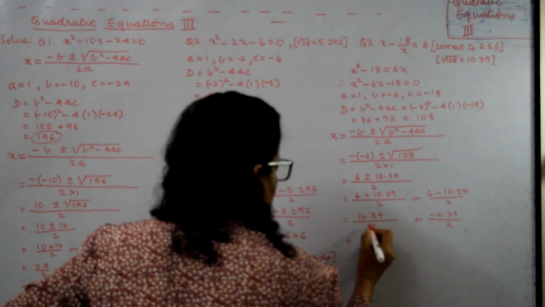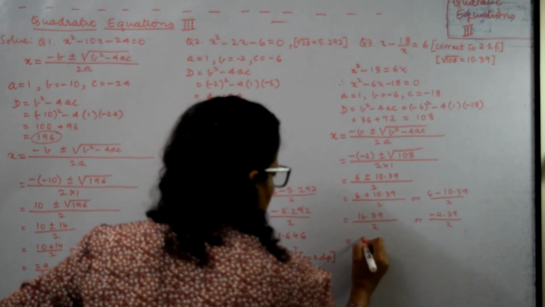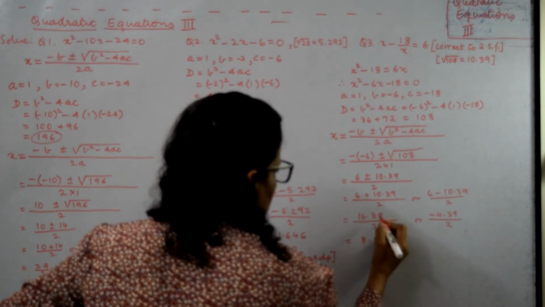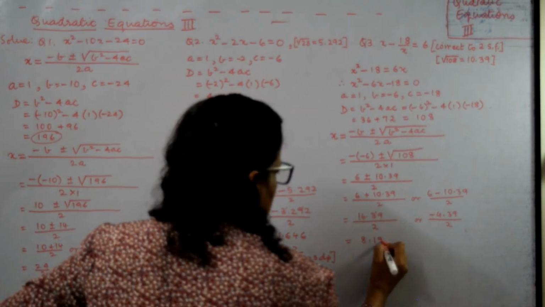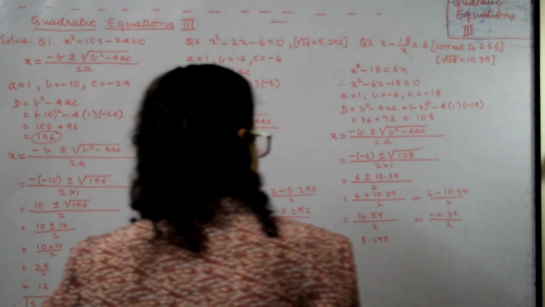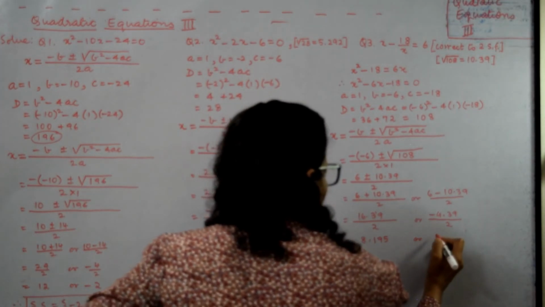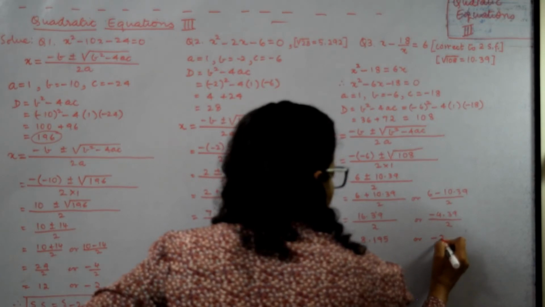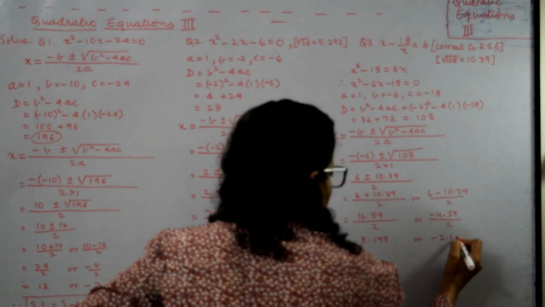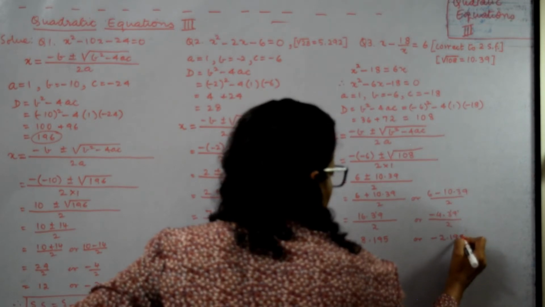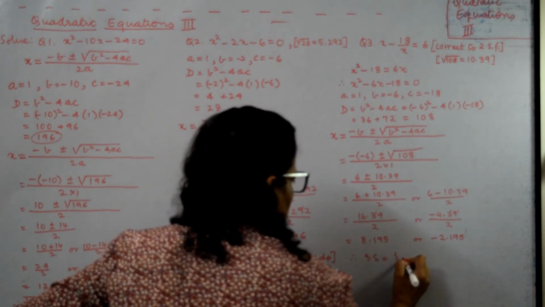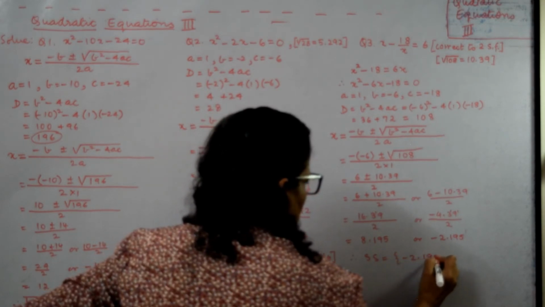This will give us division by 2, 2 8s are 16, decimal point, 2 1s are 2, 2 9s are 18, remain 1, 2 5s are 10. Here it will become, or minus 2 2s, decimal point, 2 1s, 2 9s, 2 5s, and therefore our solution set is minus 2.195